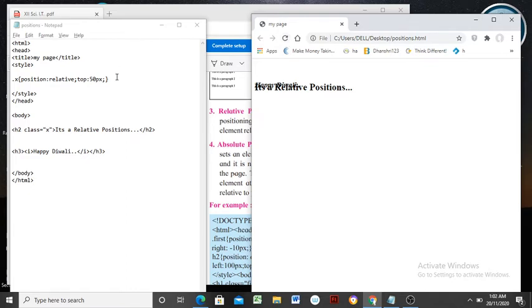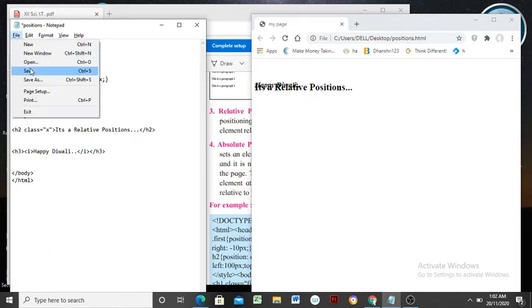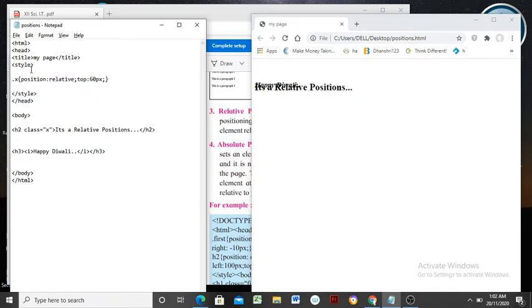We can change the value of this top. We can reduce it, or we can increase it also. So I am going to increase this by 10 pixels. Now it becomes 60 pixels. Yes, refreshed.